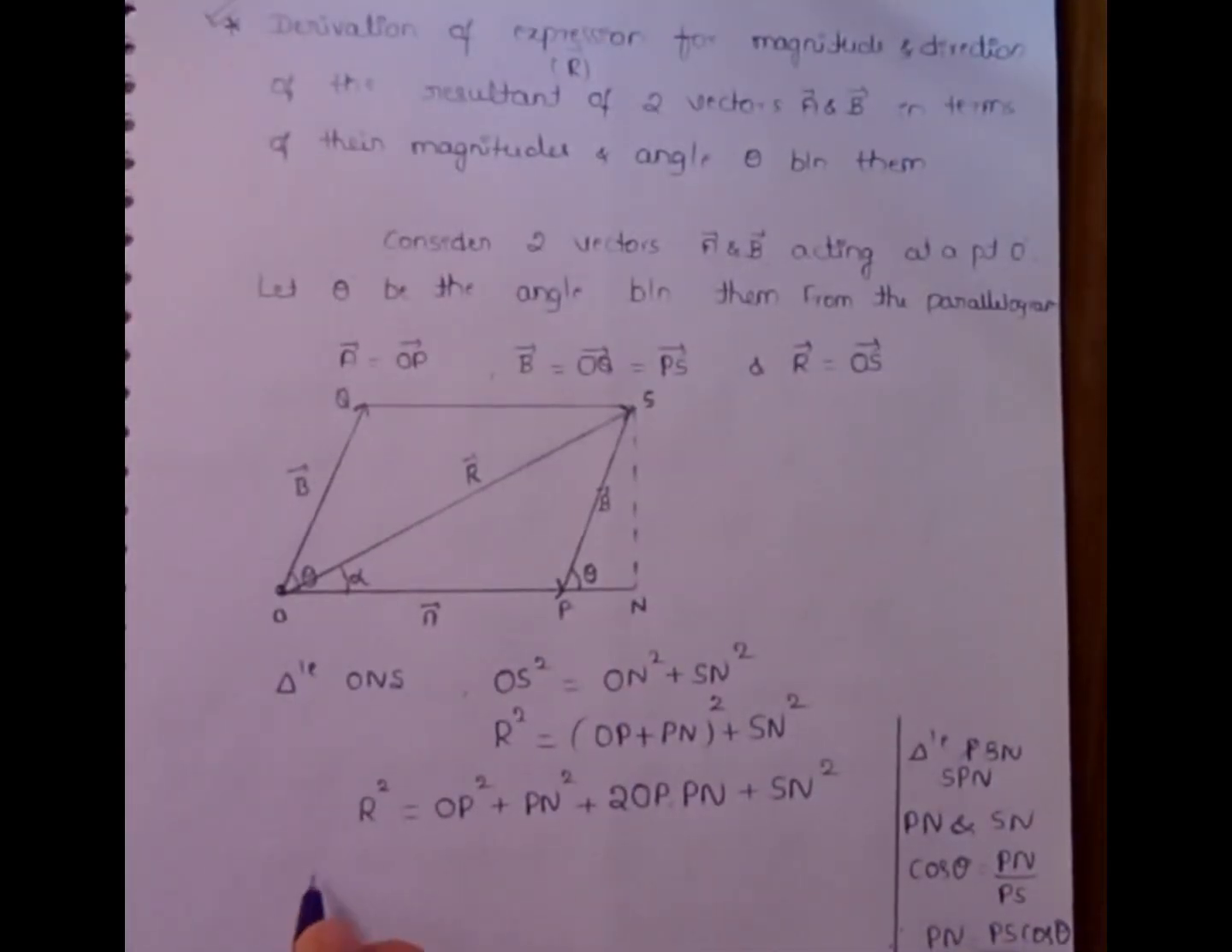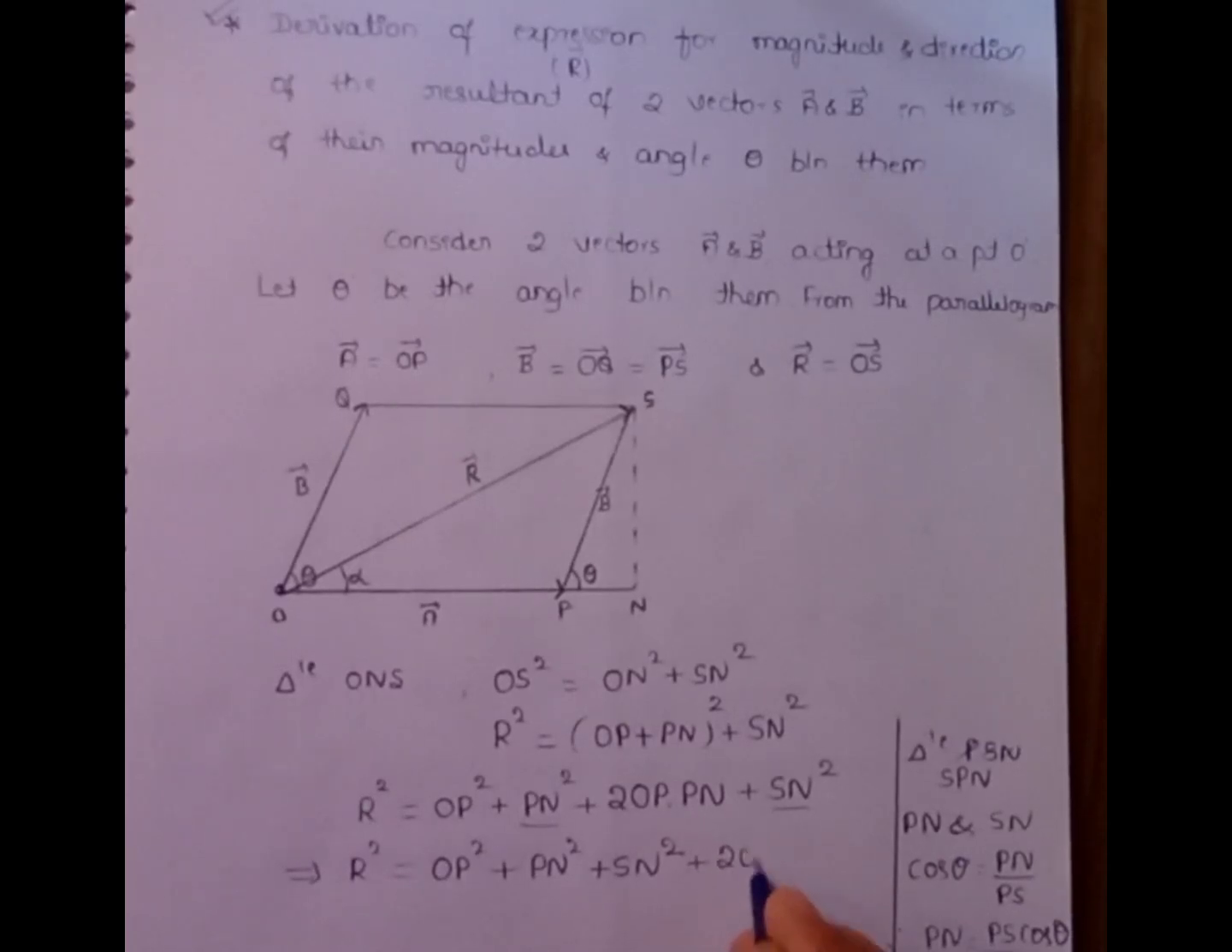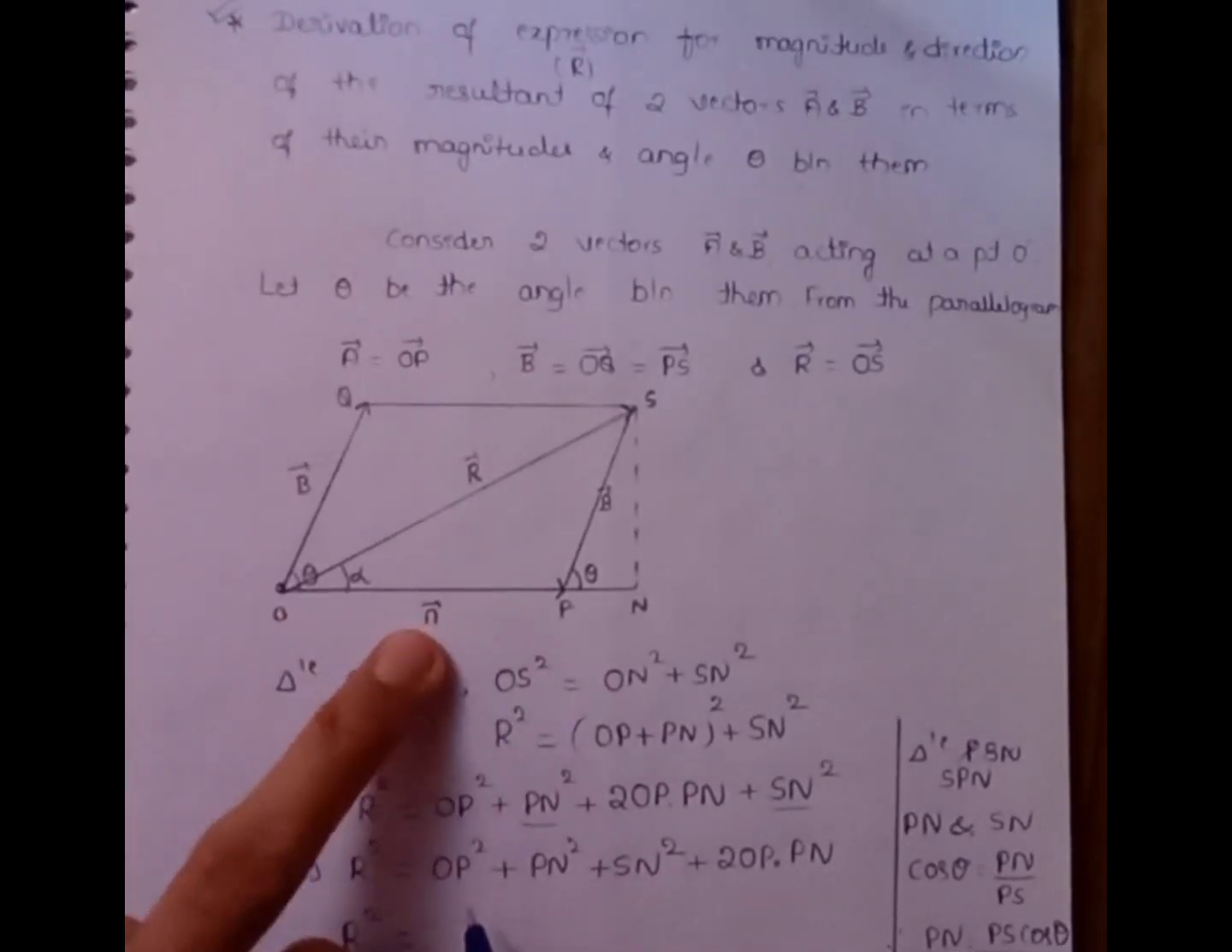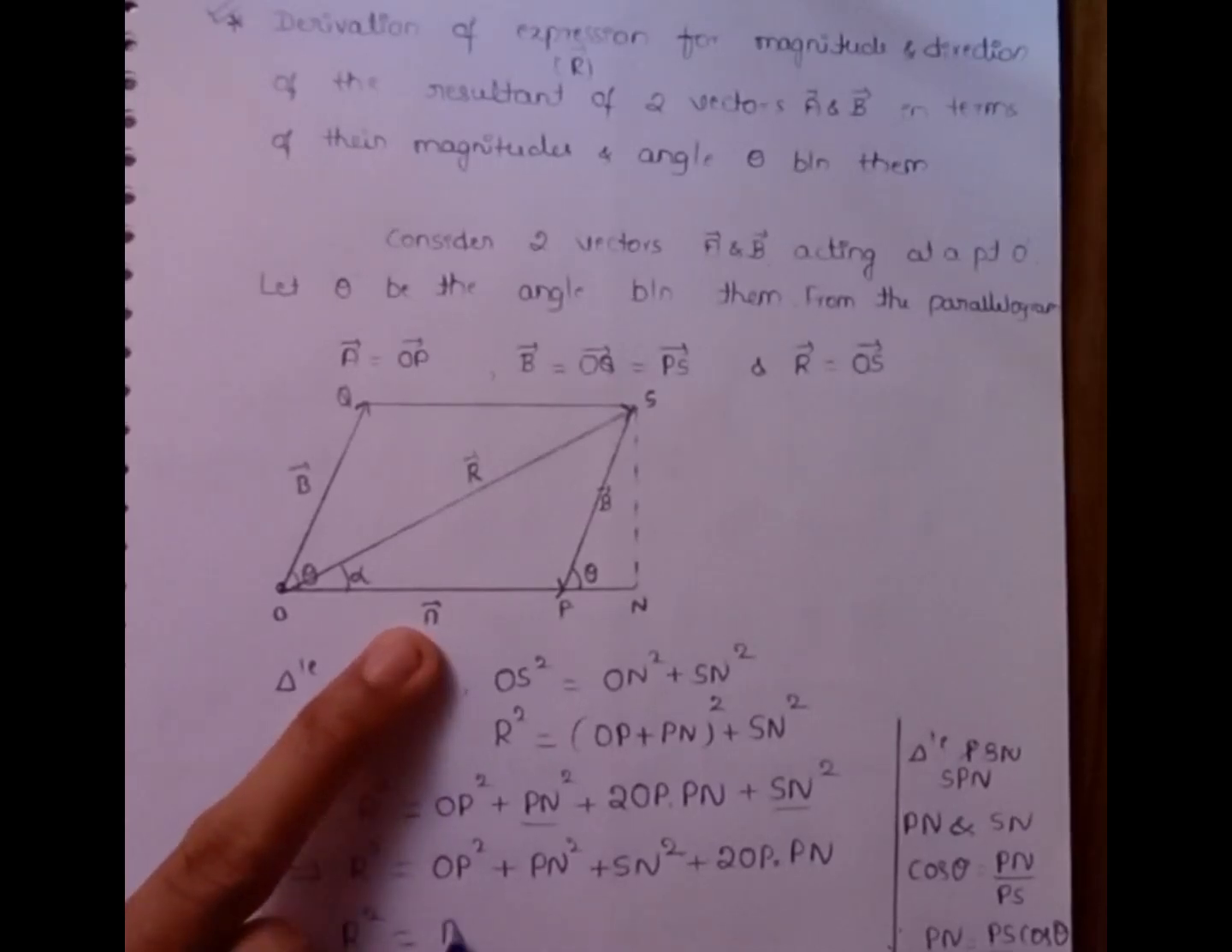So now this expression changes. R square is equal to OP square plus PN square plus SN square. Write PN square plus SN square on one side. PN square plus SN square plus 2 OP into PN. So therefore R square is equal to OP square. OP square means vector A whole square. Vector A square plus